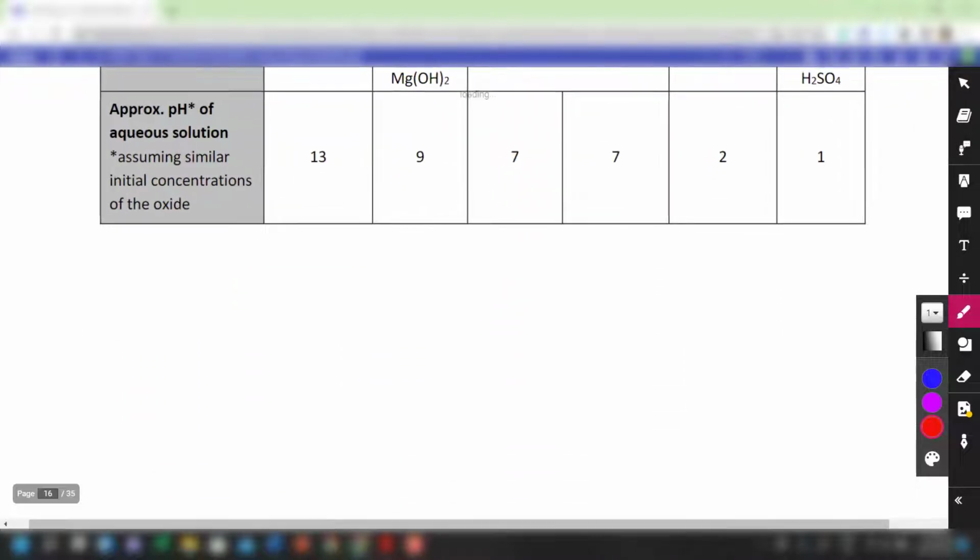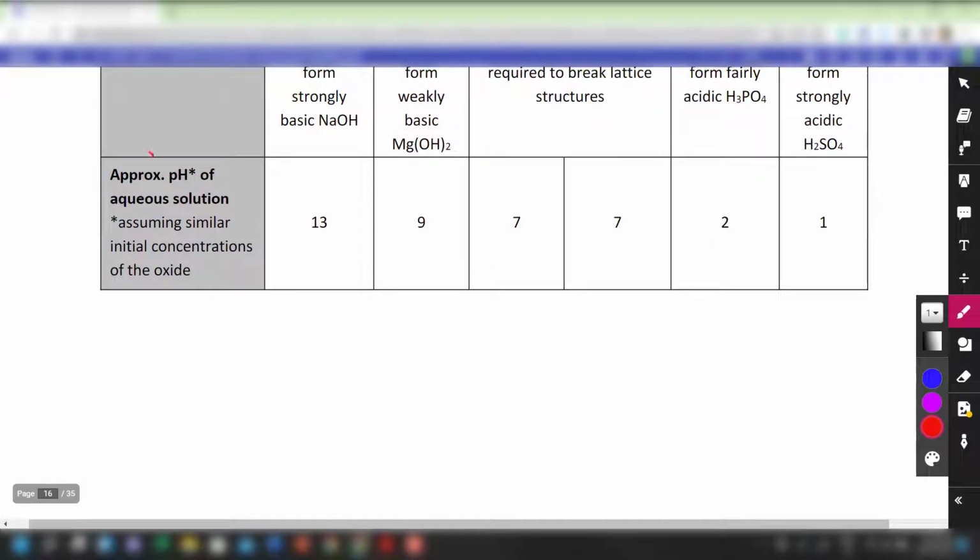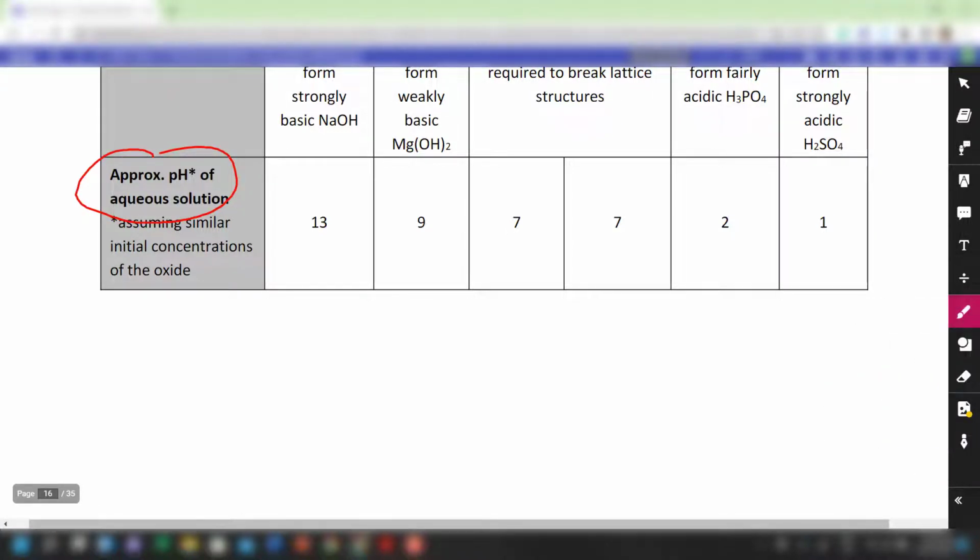There's this interesting thing about pH. Normally we just quote an arbitrary pH. You'll see a lot of school prelim papers as well as A-level papers quote a pH as though it is gospel truth, like, oh, I dissolve this and the pH I get for SO3 is 1. But do remember that comparison of pH is only reasonable and fair